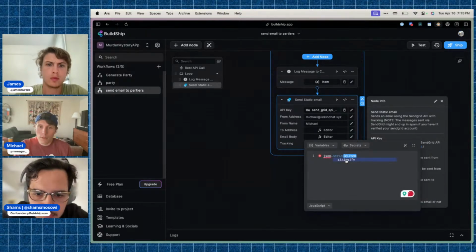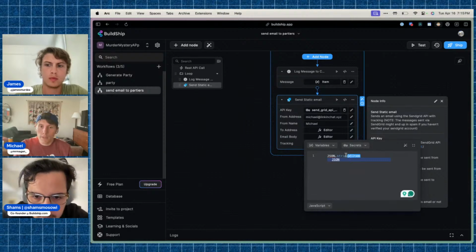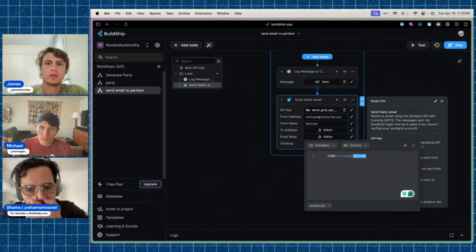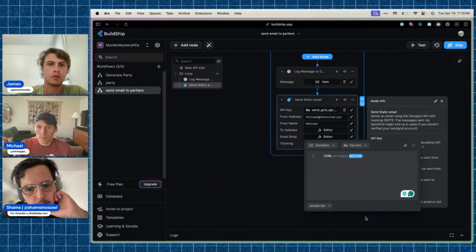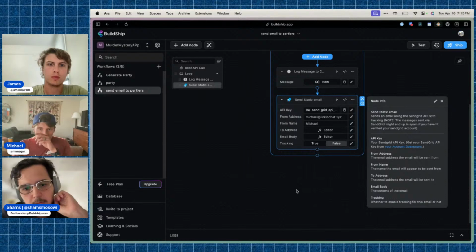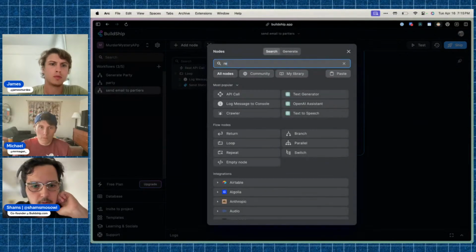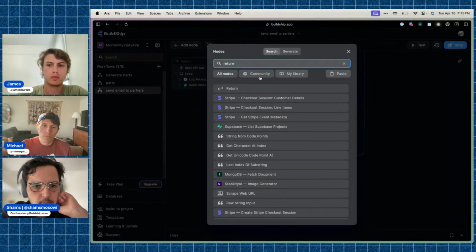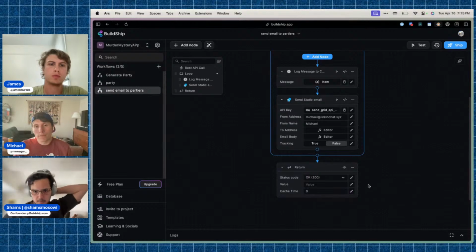All caps. Oh yeah. And then, cool. So you can just return a success. You can add a node here. And then here, we could leave it as that.